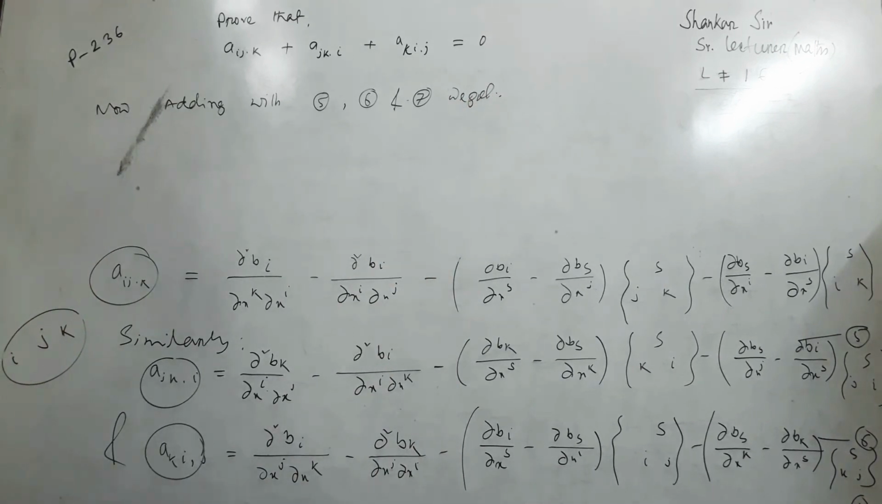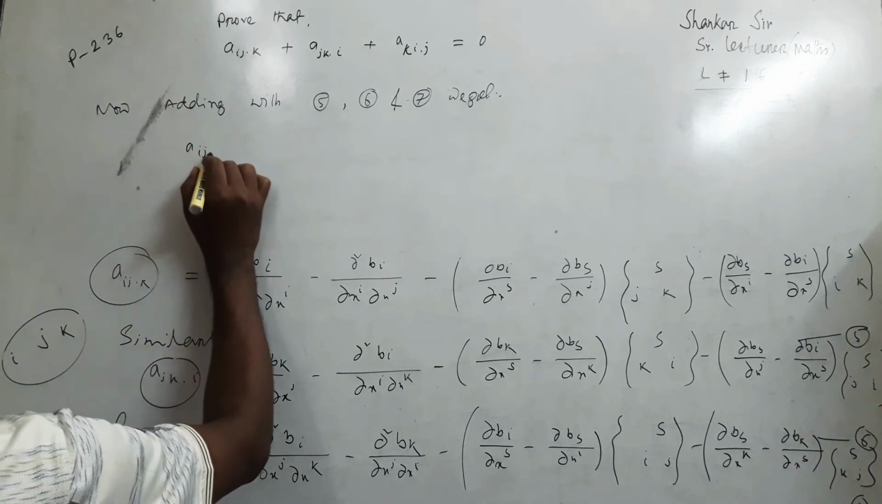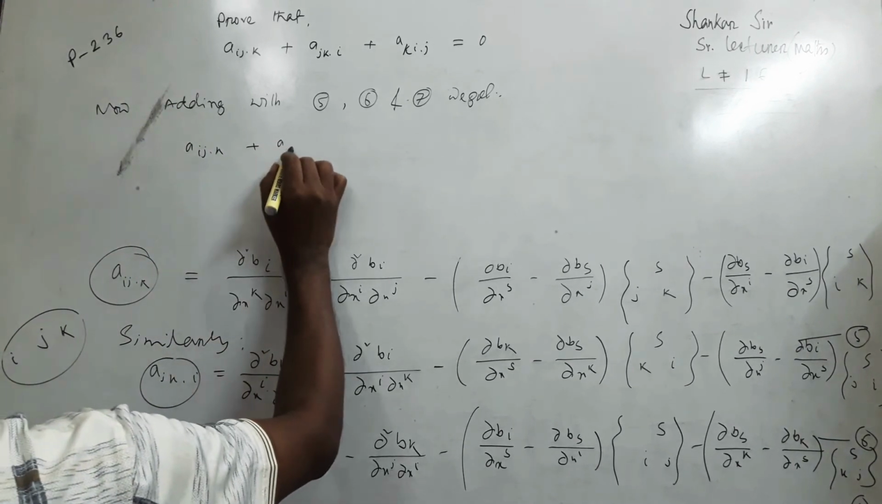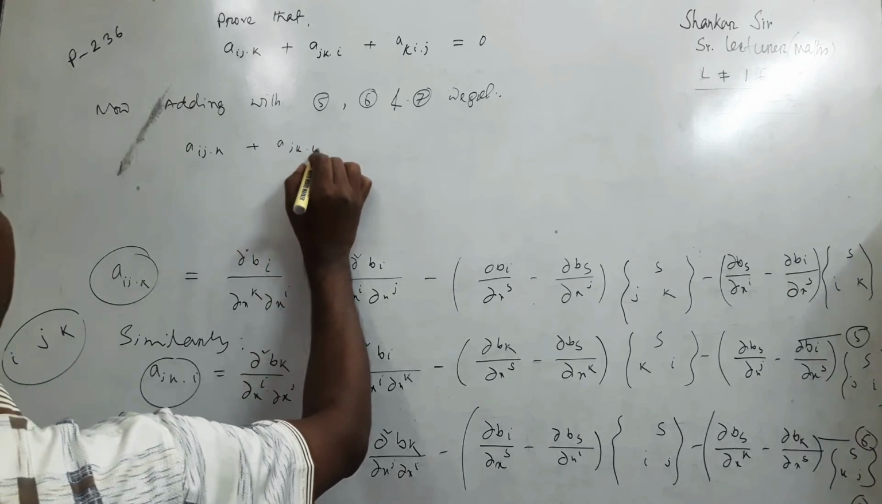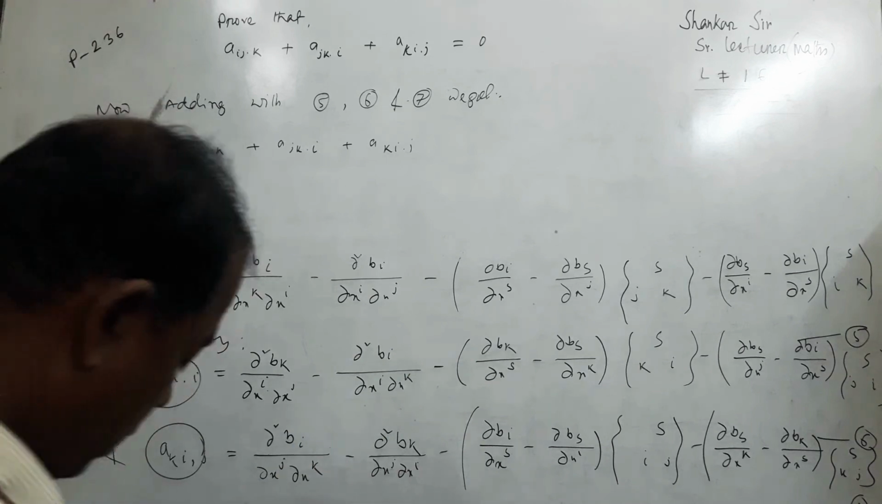It's also a i j comma k plus a j k comma i plus a k i comma j equal to